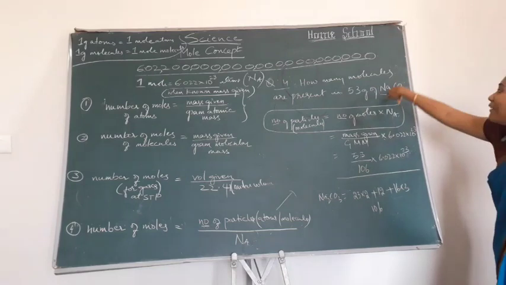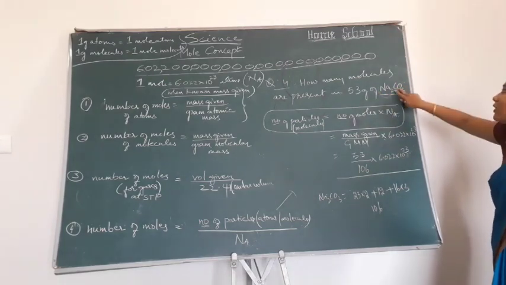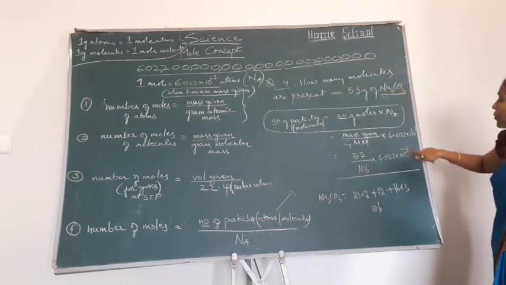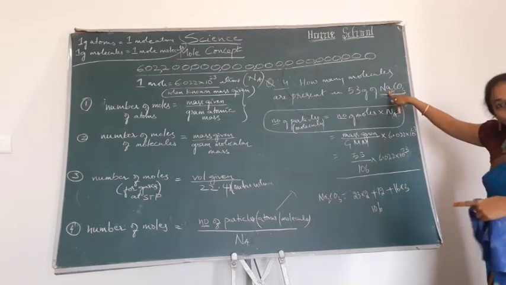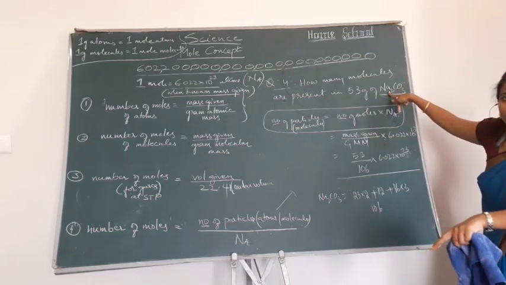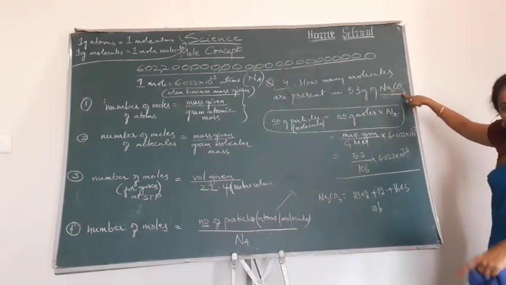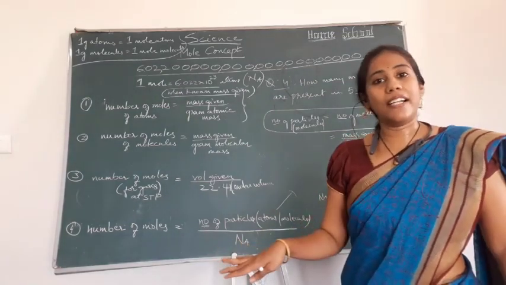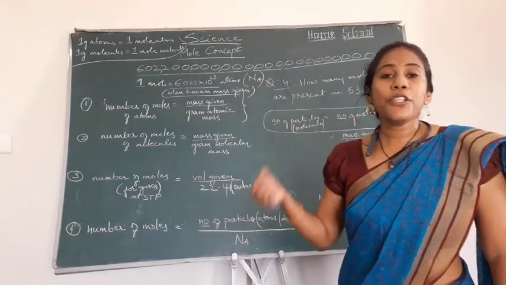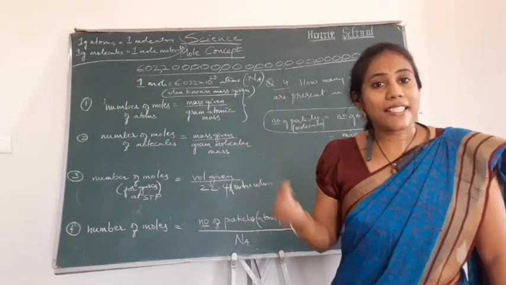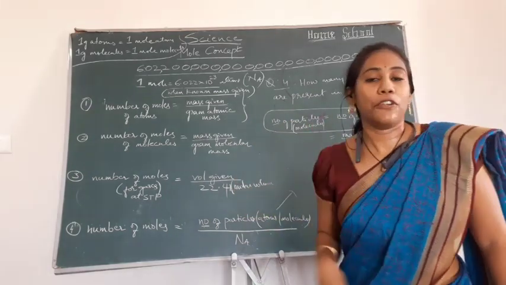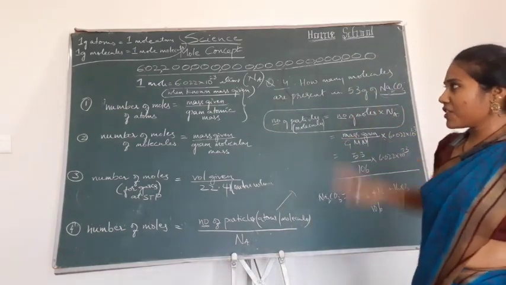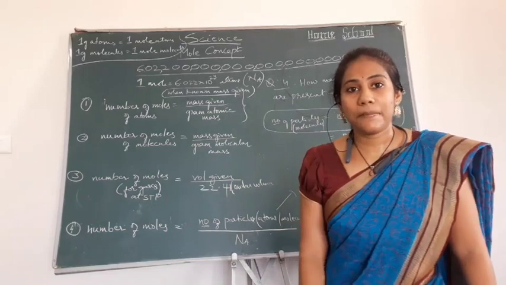But if they ask how many sodiums are there and how many oxygens are there individually, then you should multiply by the atomicity. Atomicity means the number of that element present in a molecule. Sodium 2, oxygen 3, carbon 1. This is what we call atomicity. You should multiply with the atomicity, so you will get the individual number of atoms present in that particular amount of a substance. So these are some variations that you can observe in mole concept.